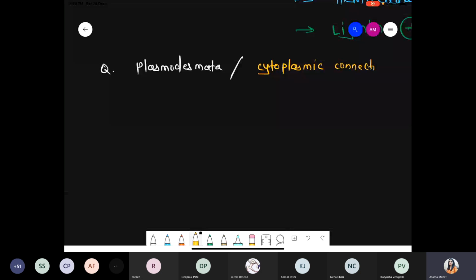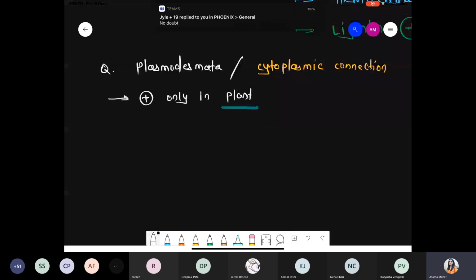These are also called the cytoplasmic connection. Whenever we talk about plasmodesmata, first of all, they are present only and only in plants. Plasmodesmata are not present in animals; they are present in plants, number one. Next, the cytoplasmic connections are some minute or small pores